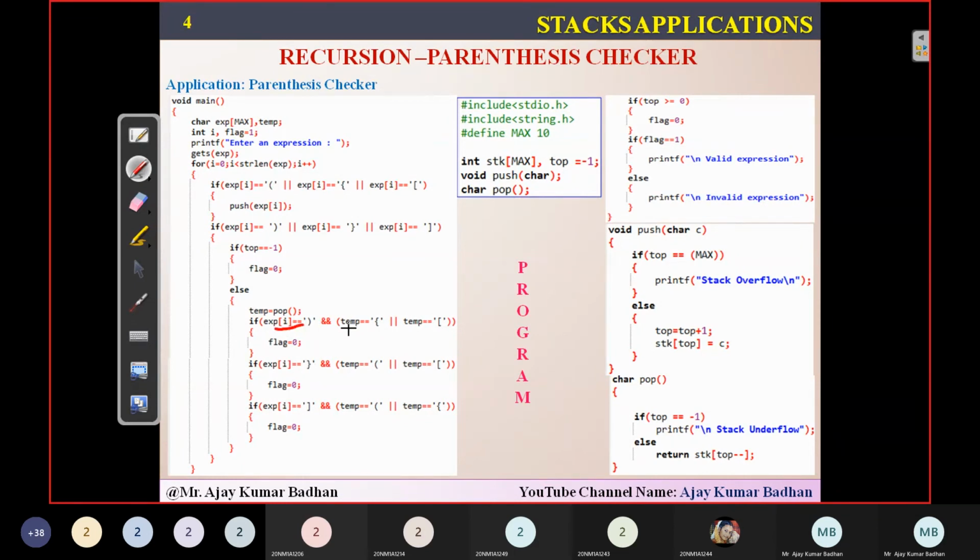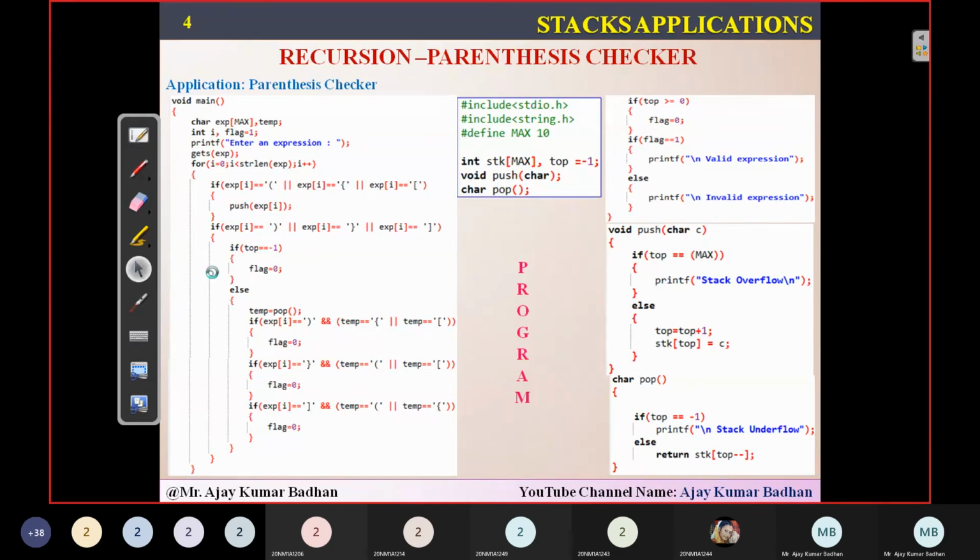But if whatever you are popping from the stack and storing in temp, and whatever expression you're calculating, are not the same, then flag should be equal to 0. This is the one which decides whether it is a valid or invalid expression. Flag equal to 0 means it's an invalid expression. Flag equal to 1 means it is a valid expression. Okay, I hope you people have understood this particular thing. It's a very easy one, and it's very easy to implement also.